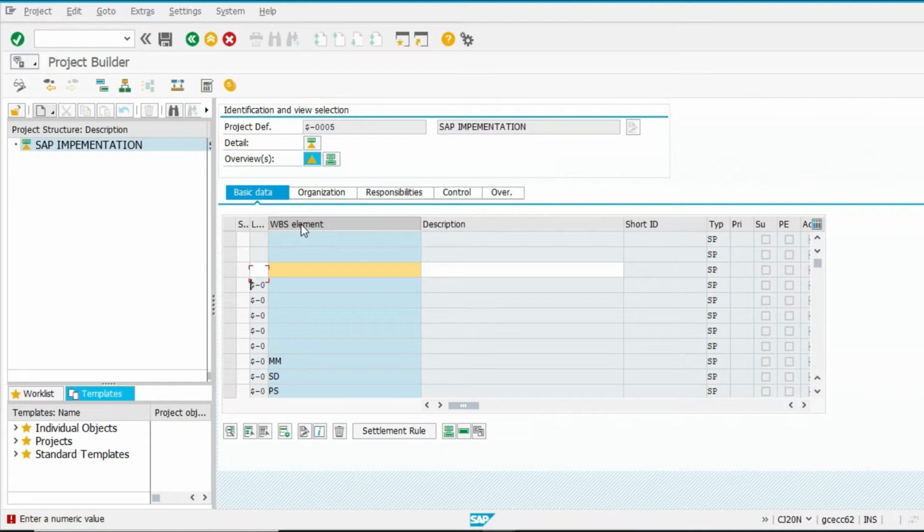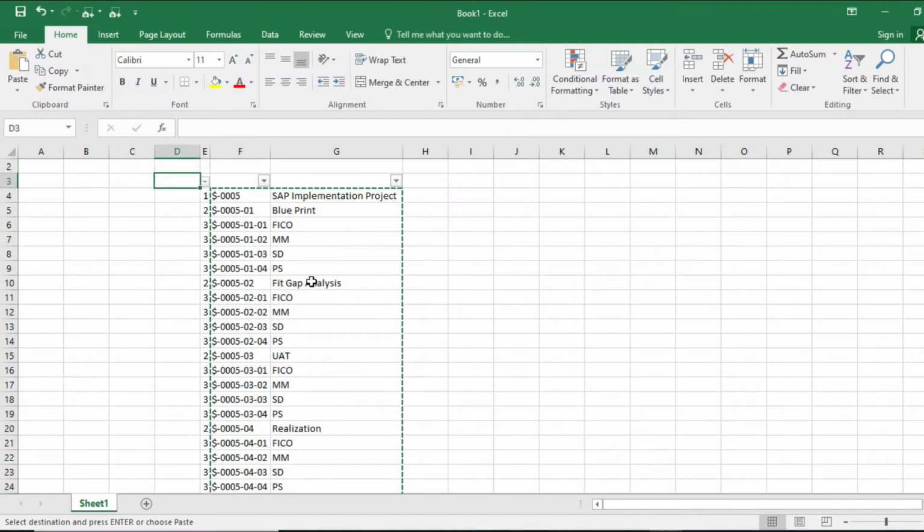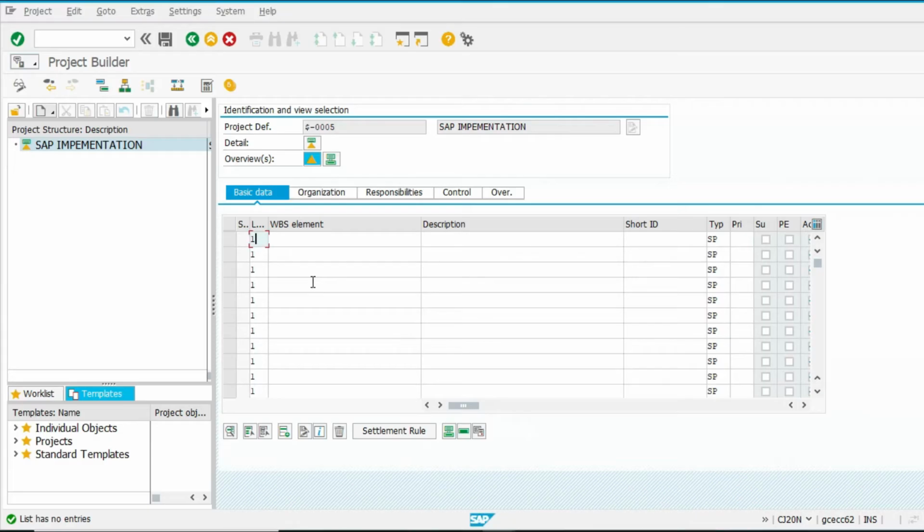I copied some. So we have to copy the whole data. Copy.